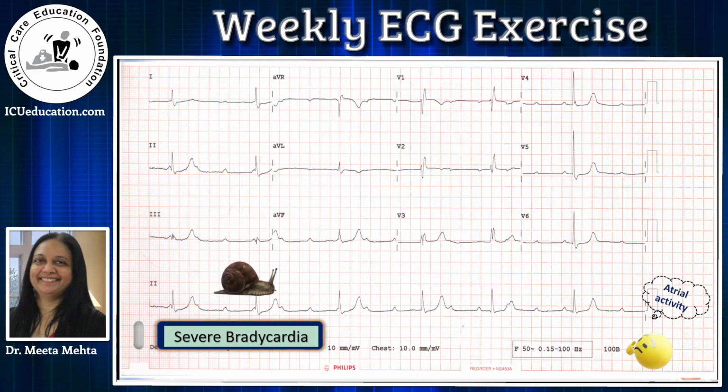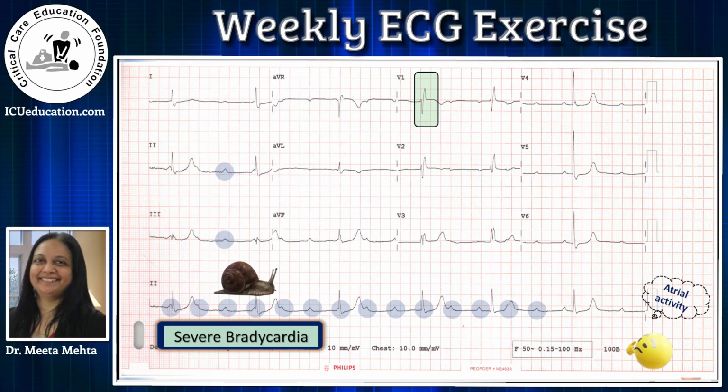So let's see what the atria are doing. That means we look at the P waves. Now, the P waves in leads 1, 2, 3 and AVF are upright. That means this is a sinus rhythm. But if you look at long lead 2, you see multiple P waves. That means the number of P waves outnumbers the number of R waves. If you calculate the atrial rate, it is approximately 102 per minute. You calculate the atrial rate the same way you calculate the ventricular rate. Here, instead of R waves, you count the number of P waves in long lead 2 and multiply them by 6.